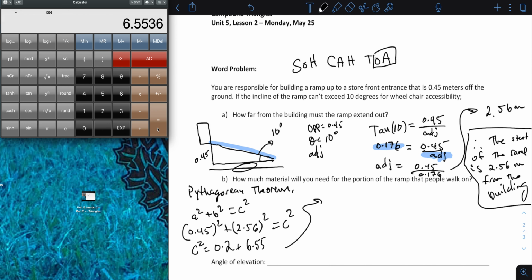And then c squared is going to equal that plus 0.2, which is 6.75. And then you just need to square root that, and that is your answer, 2.59. So not a huge difference, okay? 2.59 meters. So therefore,